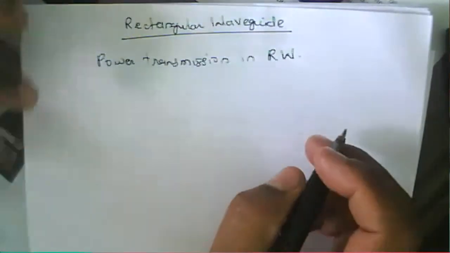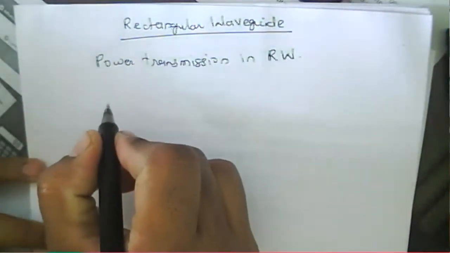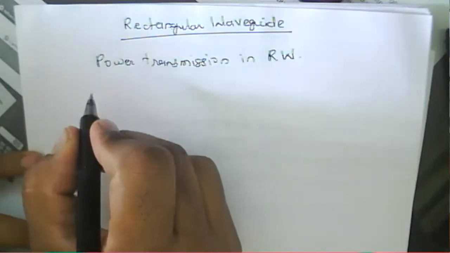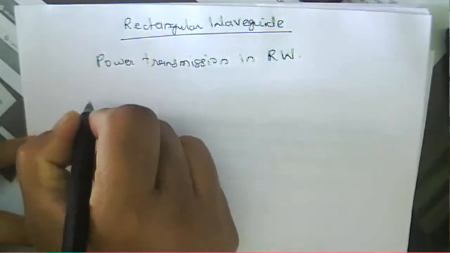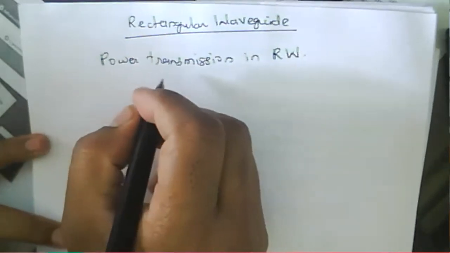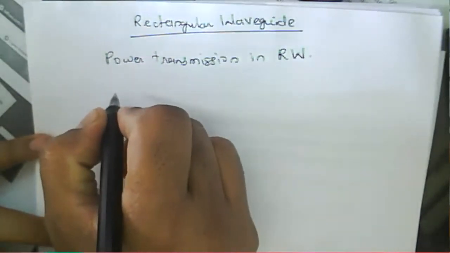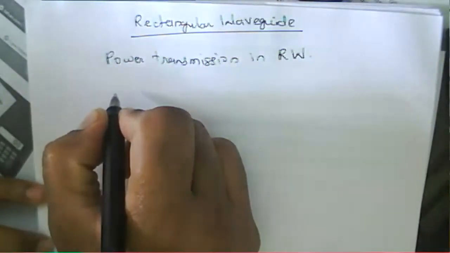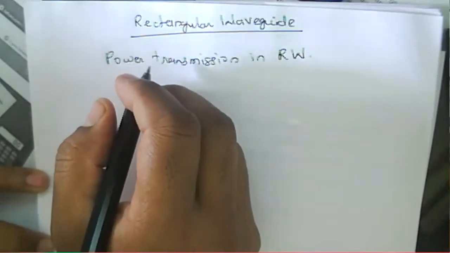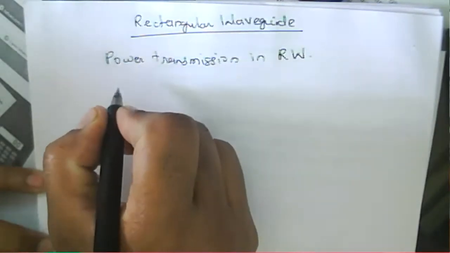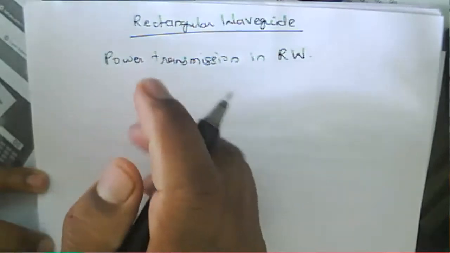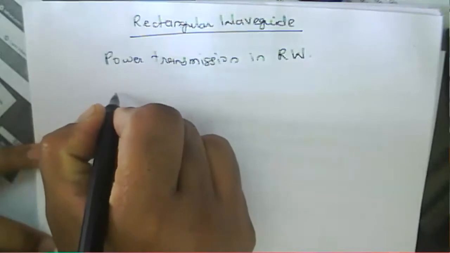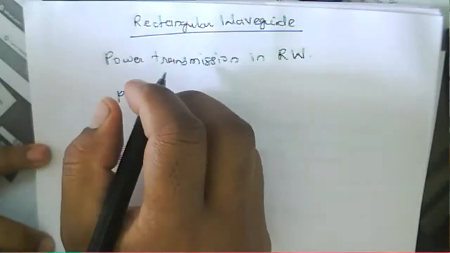So we start here with power transmission in a rectangular waveguide. For this, we should see what the electric field component and the magnetic field component are. We should first understand the power transmission in a waveguide. We should understand what the various losses present inside the walls of the waveguide are, and then if there are low, minimum losses, maximum power transmission takes place, and that power transmission can be obtained using a Poynting vector.